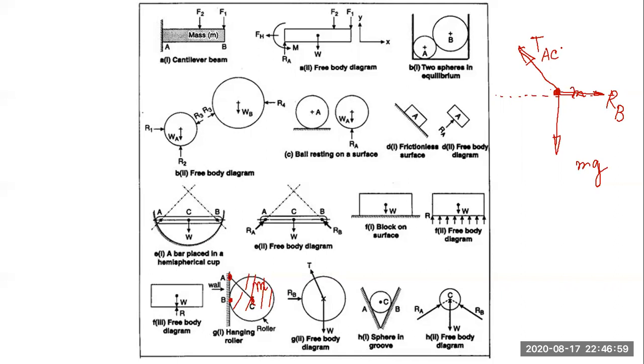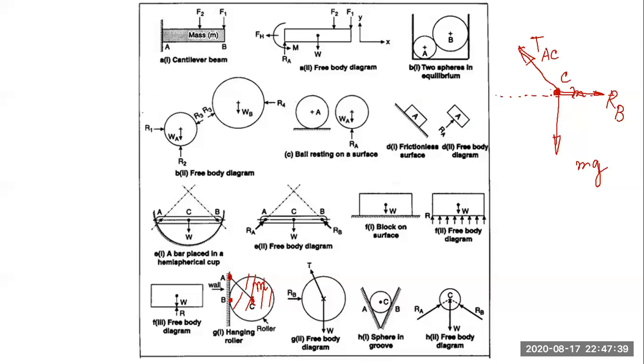Now the direction of T, it may be towards the point C. Actually, we are assuming that all the mass is concentrated at point C, because C is the CG of a sphere, since the center point of a sphere is the center. So we can assume that all the mass is concentrated here at the point C. Now, why have we conceptually considered the direction of the tensile force from C to A? Why have we not taken the vector AC?